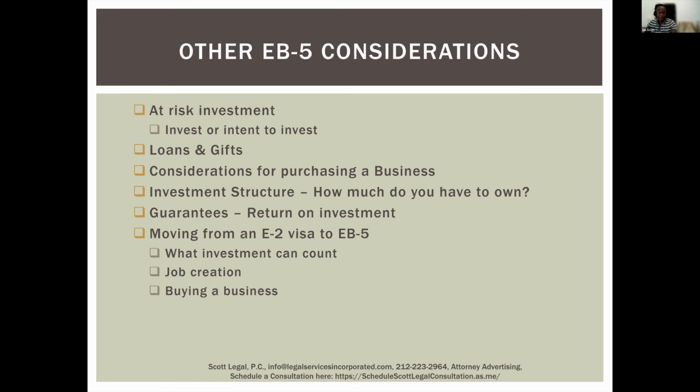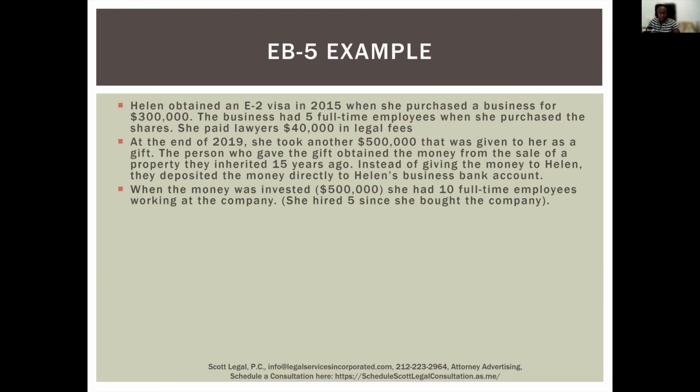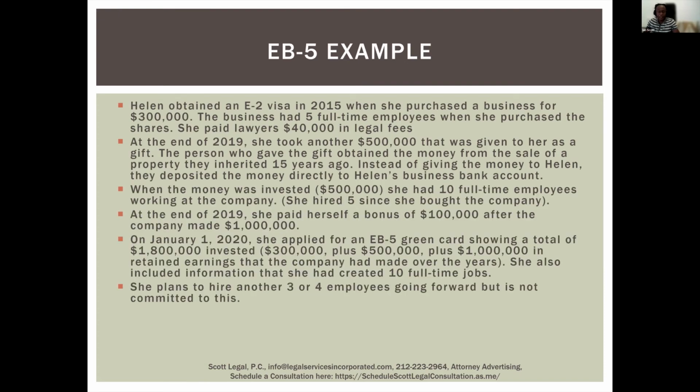And a lot of our clients move from E2 to EB-5, and some things that can be included in E2, like legal fees and administrative fees, can't be included for EB-5. In E2, you can purchase a business and that's no problem, whereas with EB-5 you can't. The money has to be invested in the business. For E2, the job creation number is vague; usually 3 employees is sufficient. With EB-5, it's a set number of 10 employees. And we talked about buying a business as well. So let's run through an example.